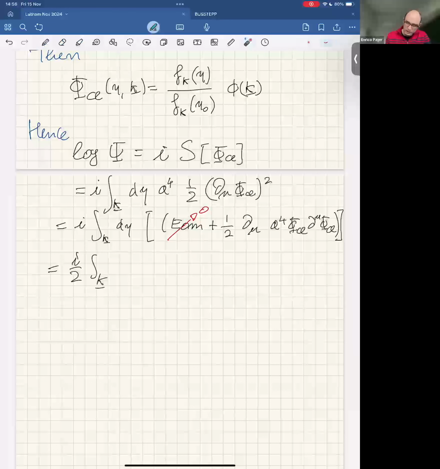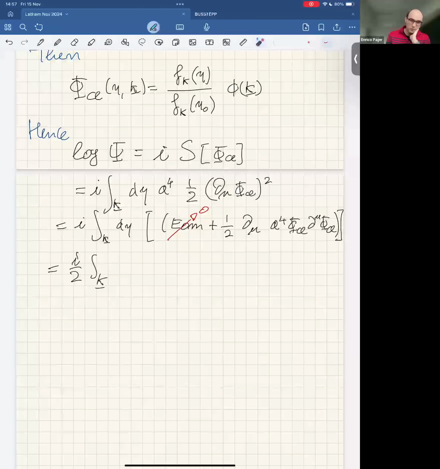Now, this is an integral of a total derivative. In space, the boundary condition is that all field configurations should vanish at spatial infinity. That's the standard condition that we have in quantum field theory. So all the boundary conditions in space, we can throw them out. But the boundary condition in time, we cannot throw out because phi does not vanish at the time boundary of this integral. So the result of this is that we get